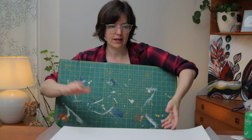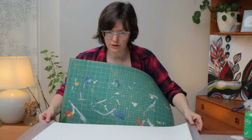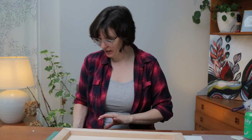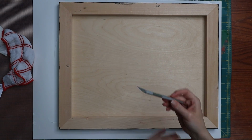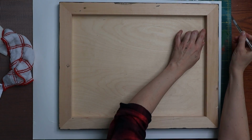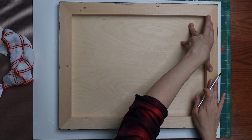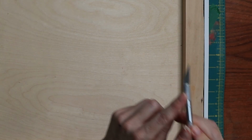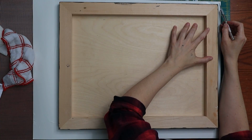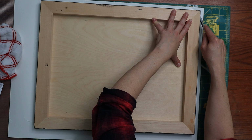All right, so what you want to do now is cut the edges. You will need one of these self-healing cutting mats that's bigger than your artwork. All right, I got my wet rag ready to go. Put that there, and you need an X-Acto knife. A little precision blade or X-Acto knife, and you're just going to cut, holding this down firmly. You're just going to cut along the edge and run the edge of the blade along the wood of the frame. So I almost hook it underneath